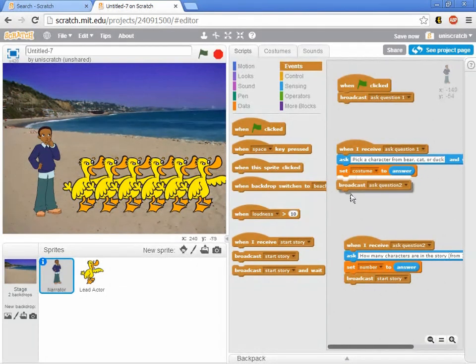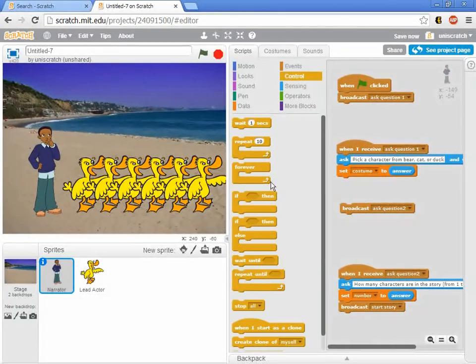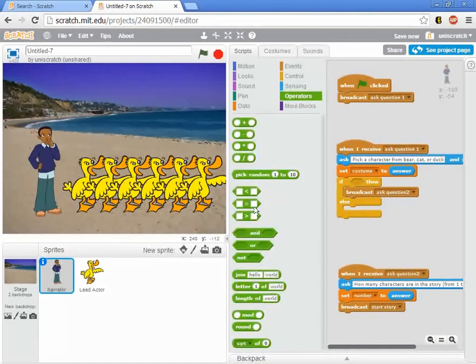So how do we do that? Well, here's the issue. I only want to ask question 2 at the end of this if they gave me a good answer. And so I can actually put my error checking in here. I'm going to do an if-else here, and you'll see why I use an if-else in just a little bit. My block in here is going to look for, should I in fact ask question number 2? And so I ask question number 2 if